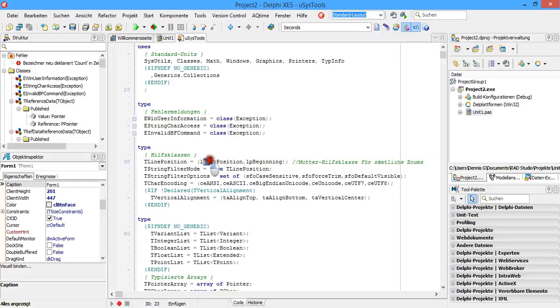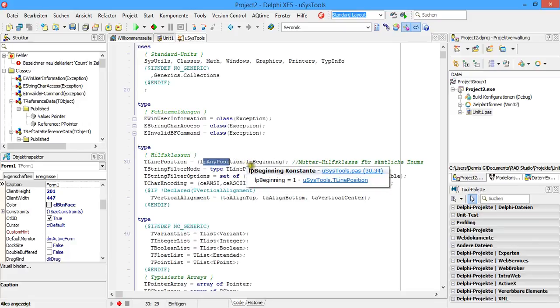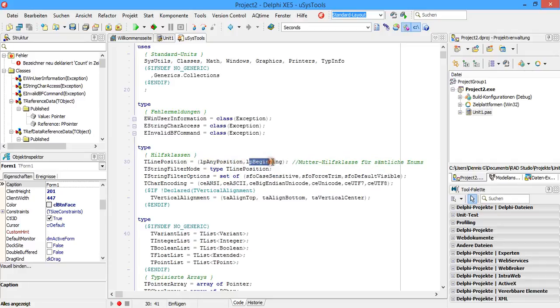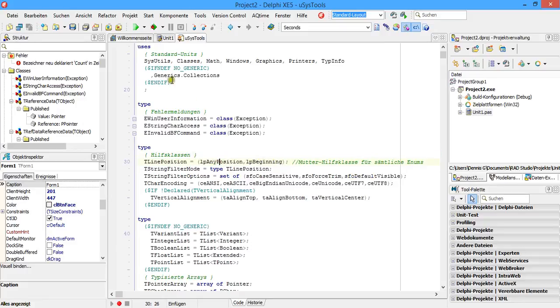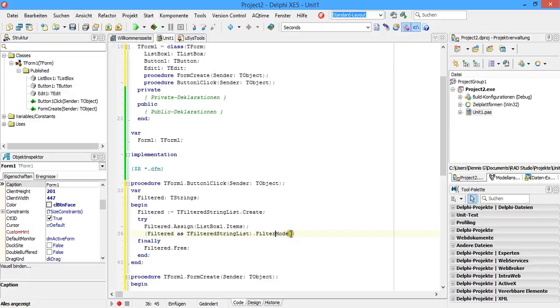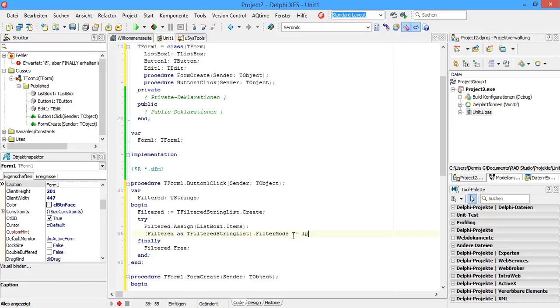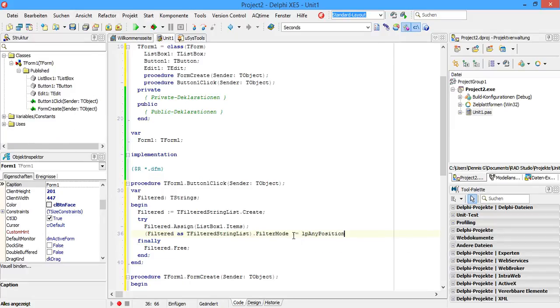LP any position means that the filter pattern may appear at any position in the current string or the current item, whereas LP beginning means that it has to appear in the beginning of the item to allow the item to be listed in the filtered items. So filter mode we set to LP any position,